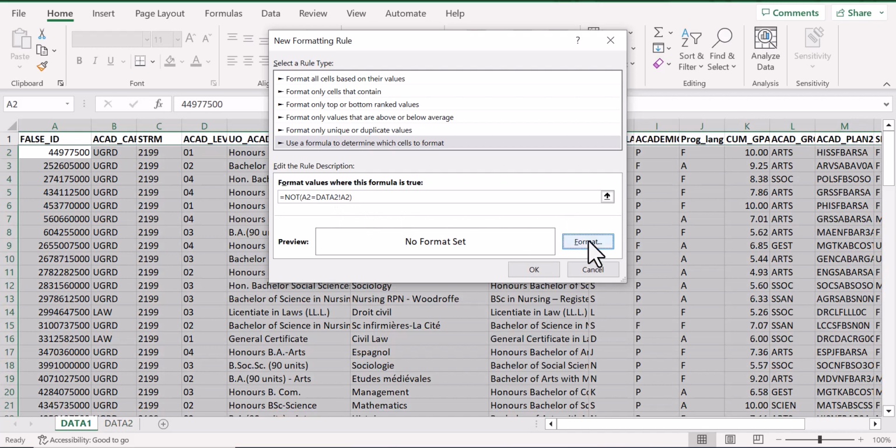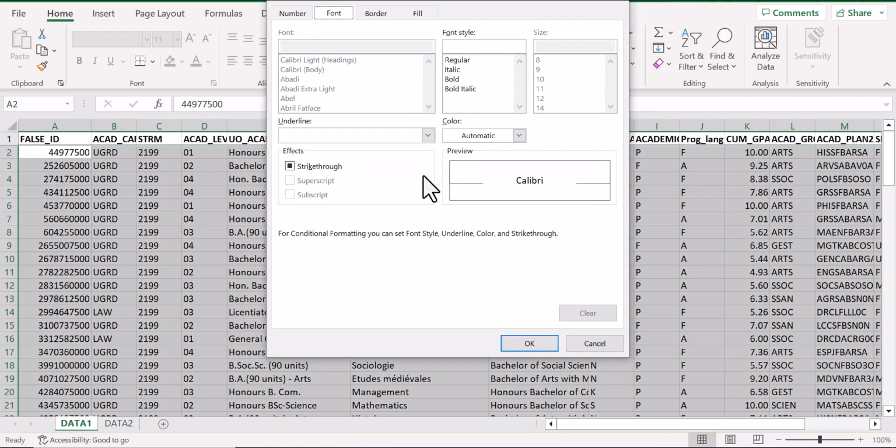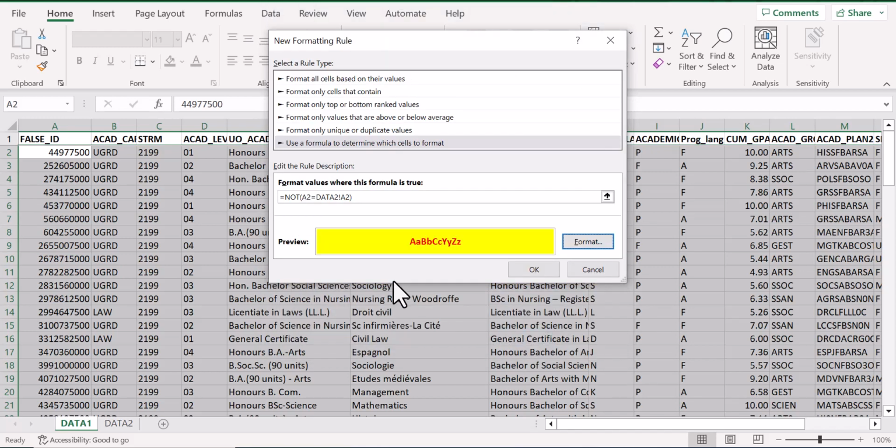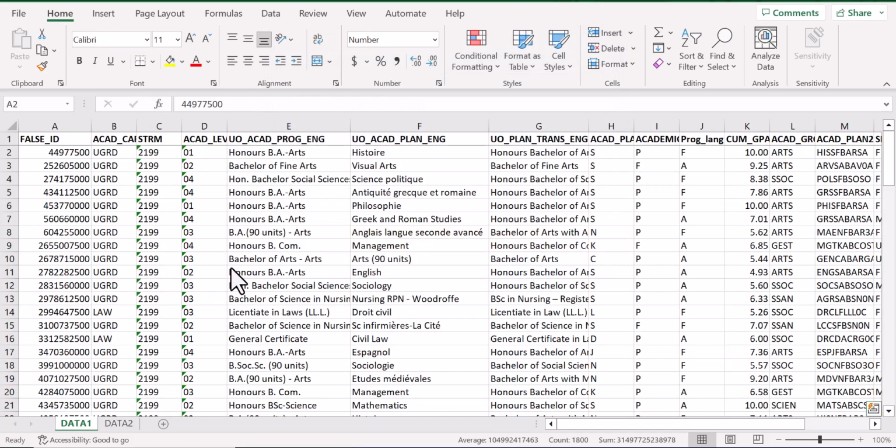What formatting? Well, we can specify that here. Let's make it really easy to see by making the text bold, making the text red, and making the cell a bright yellow color. That should be annoying. Yes, it is. So close that, and you can see